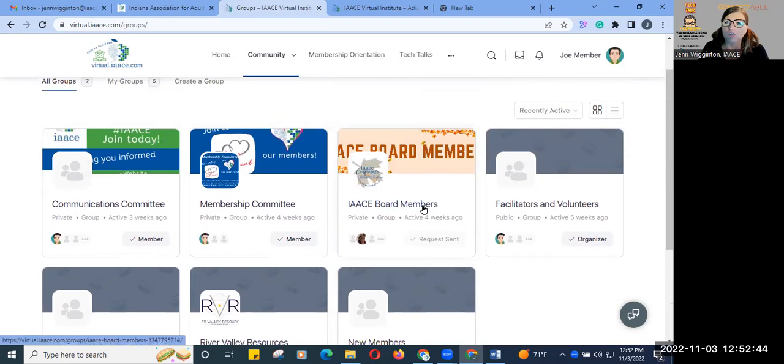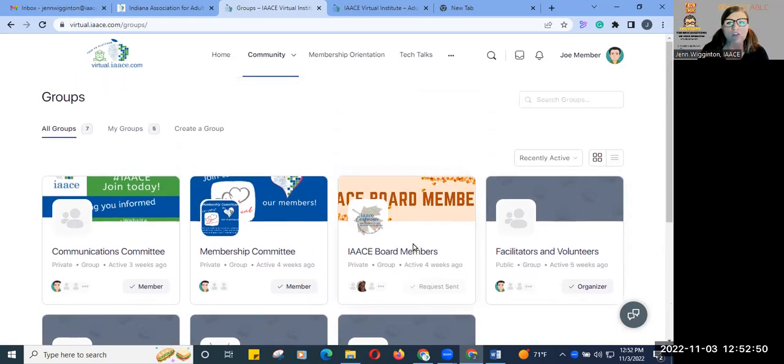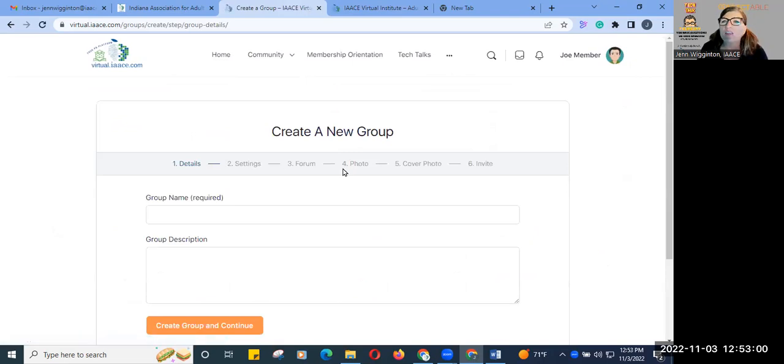Now, if there's not a group that suits your needs, then you can simply create a group. When you create a group, you simply click the create a group button. I would suggest whenever it comes to a website that you always try clicking on what you want first. Seven times out of ten, it will probably work. There are always options. But so let's say you want to create a group